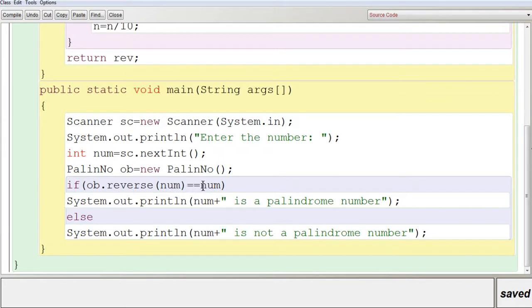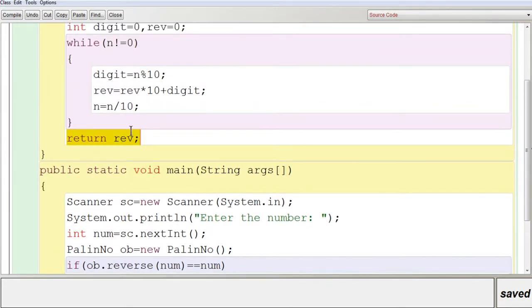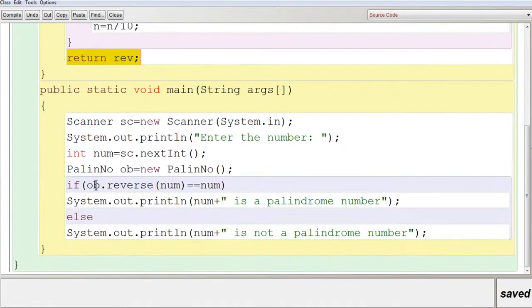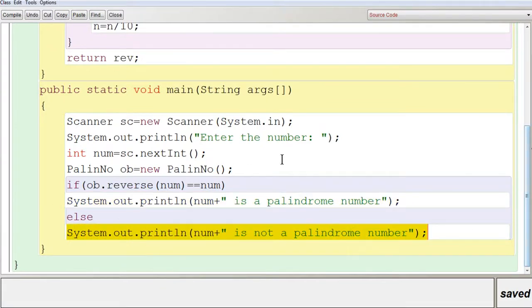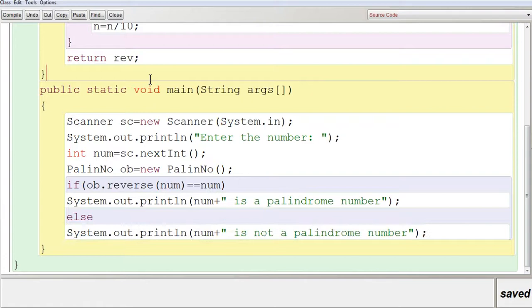It is not disturbed. So you are going to compare it with the if statement, that is, you are going to compare with the reverse number what you are going to get. Here the return value is the reverse number, which will be the left hand side number, which is compared with the original value, that is 141. If it is the same, then you are going to print it is a palindrome number, otherwise you are going to print it is not a palindrome number. This is how the program works. So let's see how it executes.